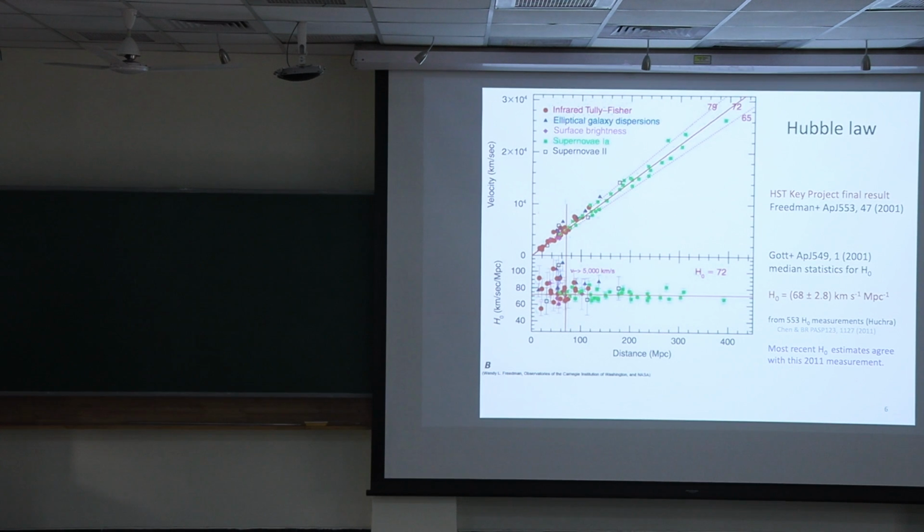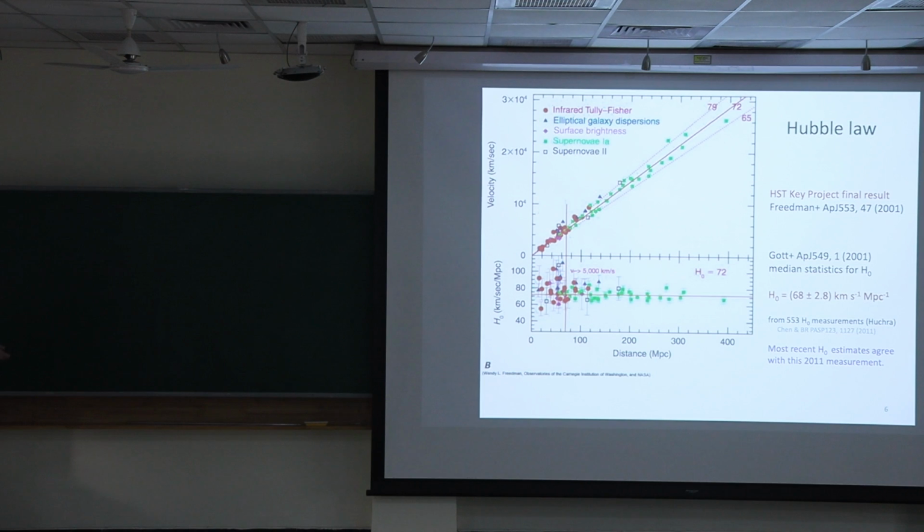And here's a famous plot of the Hubble law. This is from one of the Hubble Space Telescope key projects, and this is their final paper in 2001. It was led by Wendy Freedman. She was the PI on that project. This is the recession velocity of galaxies, and these are distances to the galaxies. You can forget the residuals down here. The distance numbers are here. So a galaxy 100 megaparsecs away is moving away at 7,000 kilometers a second. And this is the Hubble law, the solid red line.